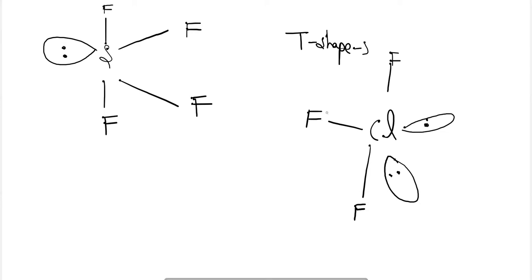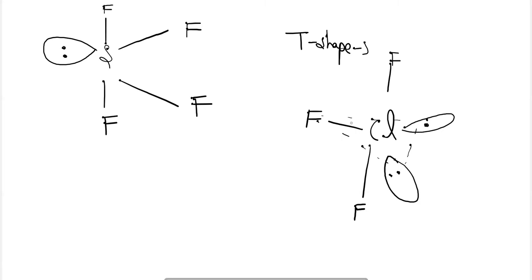atom here like this. So here it is also forming a trigonal bipyramidal only, but here we can see that a T is formed due to the bonding of fluorine with the chlorine. So hence this particular trigonal bipyramidal structure is termed as T shape. Okay, it is termed as T shape.